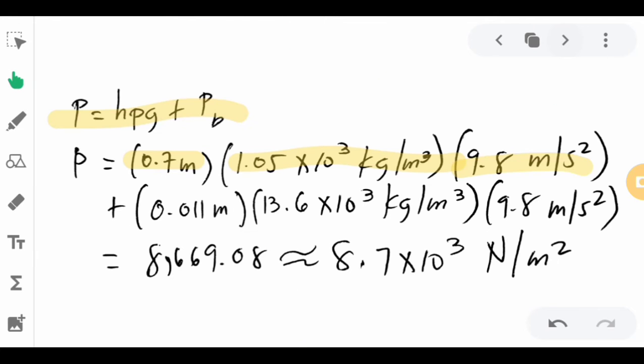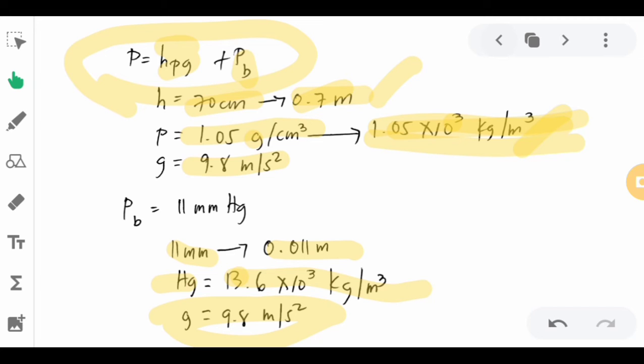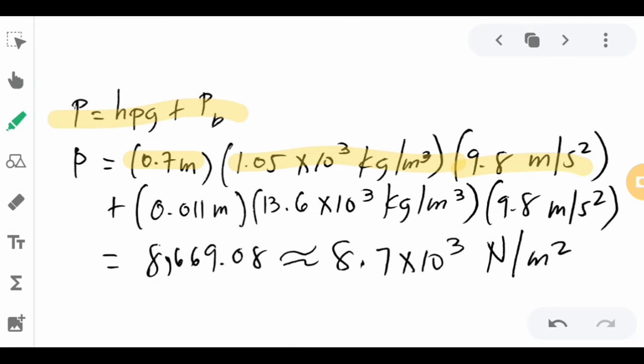And then next, plus the pressure of the brain, in which you will be using these formulas. That will be 0.011 meter multiplied by the density of the mercury, which is 13.6 times 10 raised to 3 kilograms per cubic meter. And then the acceleration due to gravity is 9.8 meters per second squared. If you expound this one, that is the elaboration of the pressure of the brain. The pressure of the brain is also equivalent to hρg, given that the density is the mercury instead of the given CSF here. So perform the operation, you will have